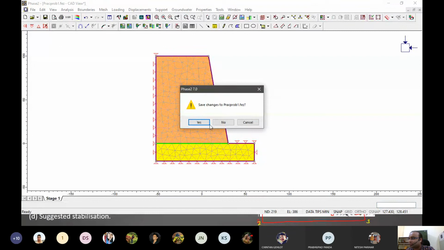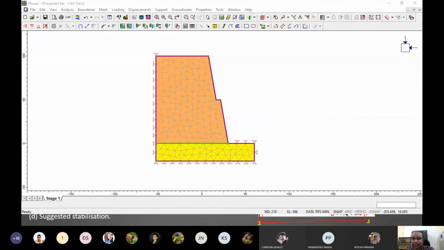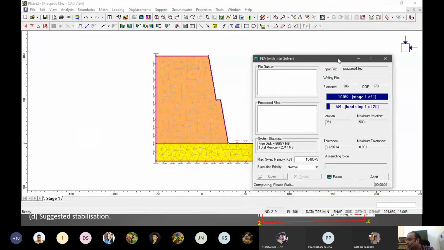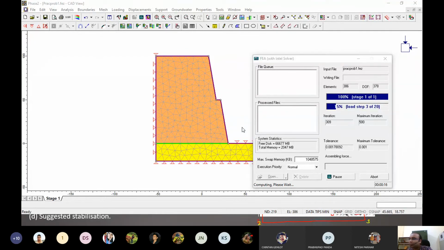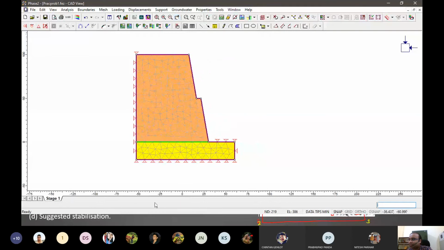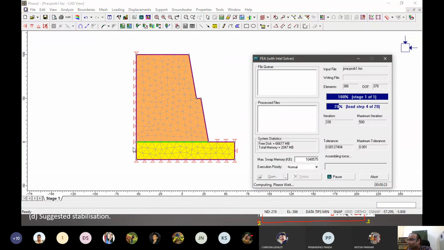Okay, let's see now how much time it takes. In the meantime, it is processing. Because it is an SRF study, it will take some time. You see, as long and tall as the models are, it will take correspondingly high amount of time, generally based on what kind of number of nodes and number of elements are there, right? And correspondingly it takes time depending on that.